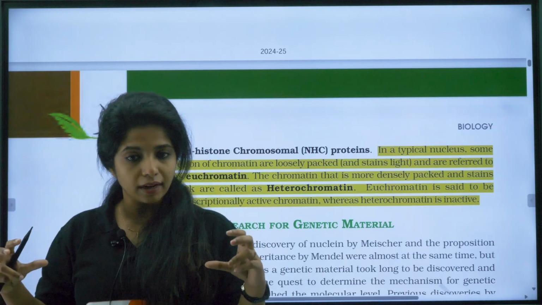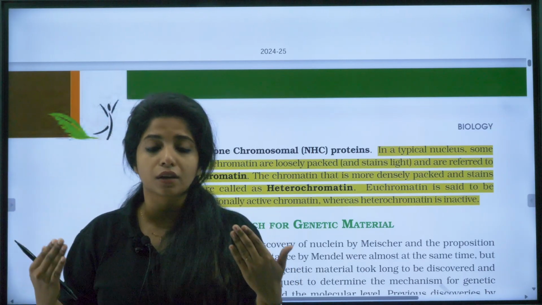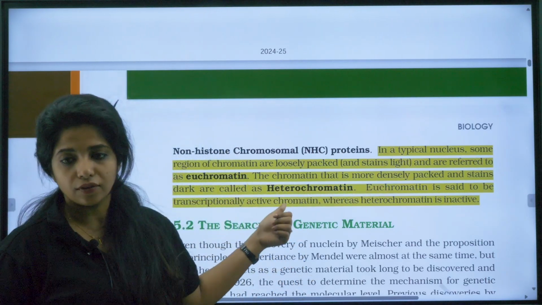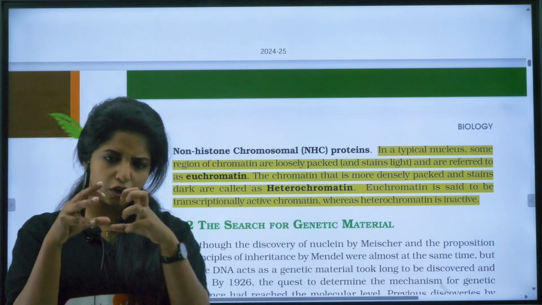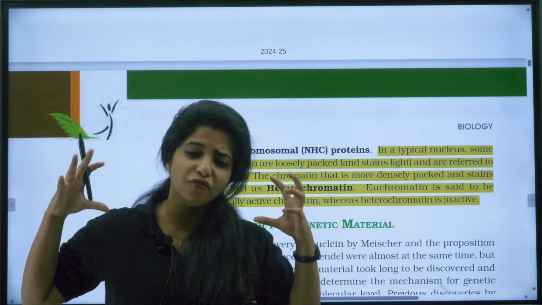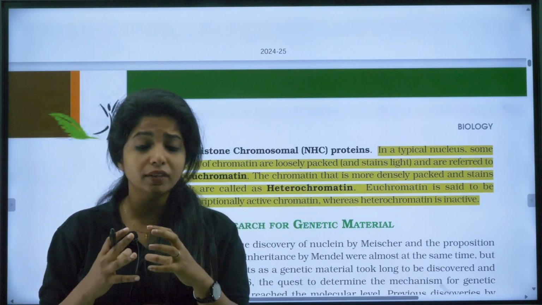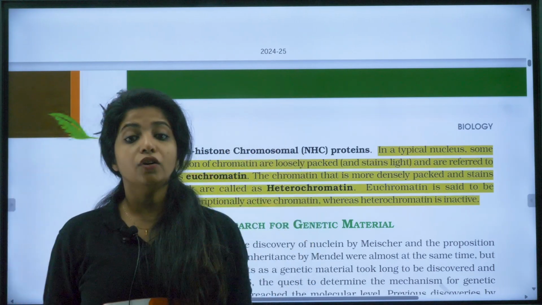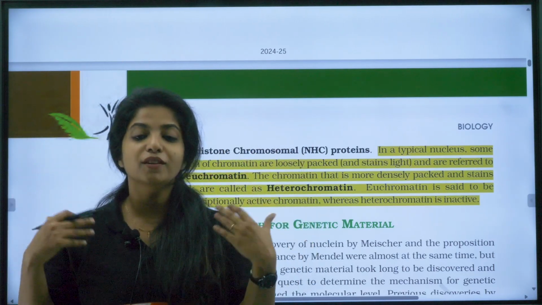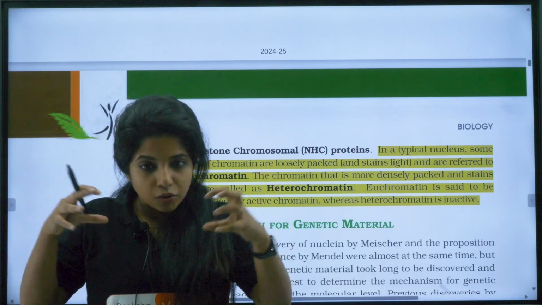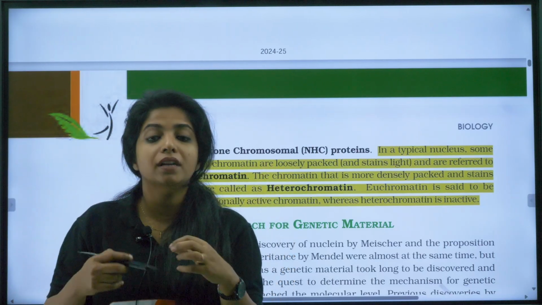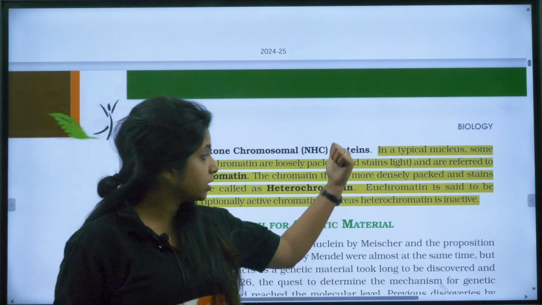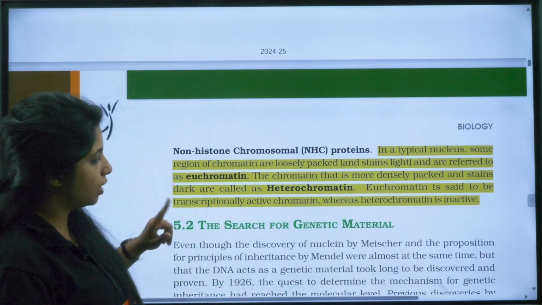So if it is euchromatin, if it is open, it becomes easy for transcription to happen. So we say euchromatin is said to be transcriptionally active chromatin. Heterochromatin, basically they are close. When you want to have a very compact structure of the DNA, that's when you have the chromatin, and the chromatin again becomes compact to form the chromosome, that is the most condensed form. Now in this most condensed form, I will call this chromatin as heterochromatin, my dear children, and it is transcriptionally inactive. Please remember that. So there's a difference that is being asked. You have to frame your answer.